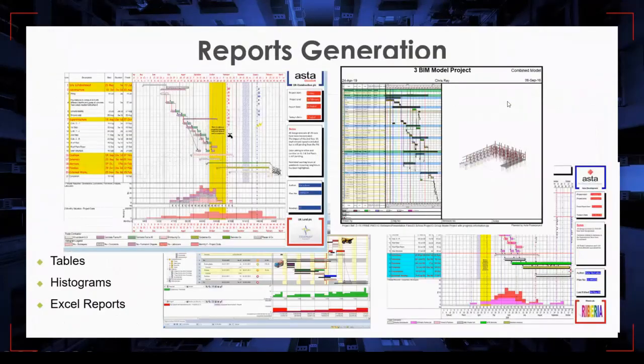Actually, the reports generation is really rich in Powerproject. You can customize these views. You can directly print out these reports, or you can export to Excel or PDF. You can save as a digital output as well. And you can see that we can add our cost histograms or resource histograms. If we have a 3D model in the progress report, we can always put the actual situation of the project